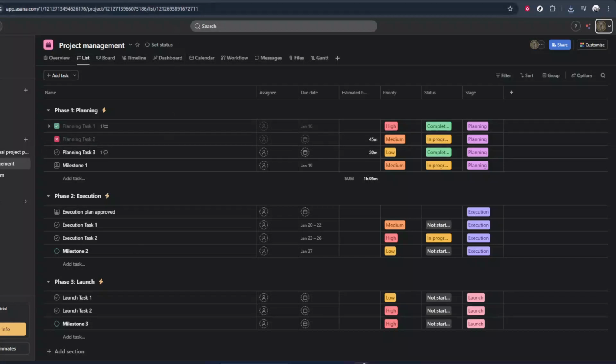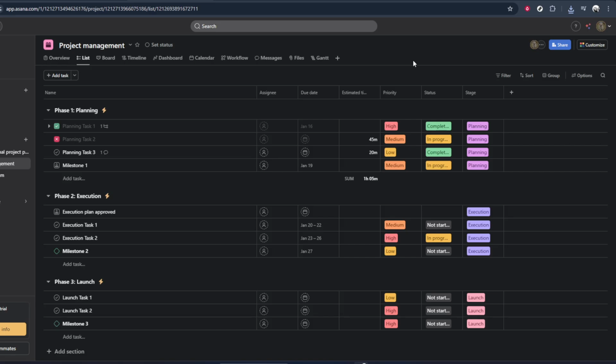In today's video, I'm going to teach you how to change your profile name in Asana. This is a quick but important update to make, especially if you've recently changed your name, joined a new team, or just want your coworkers to recognize you more easily in tasks and comments. I'll walk you through the entire process step by step, and you can follow along in your own Asana workspace